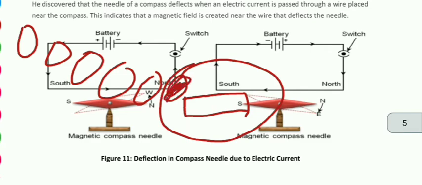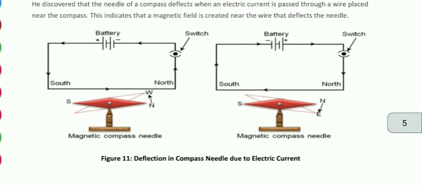It means it has some area within which its magnetic force can come into play. It's not that a magnet can attract objects around it from any distance. That's not possible. There is some strength of the magnet according to which it can attract objects.